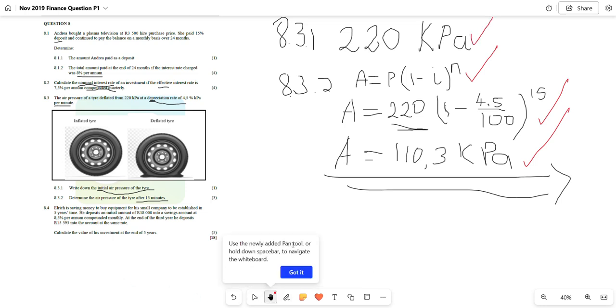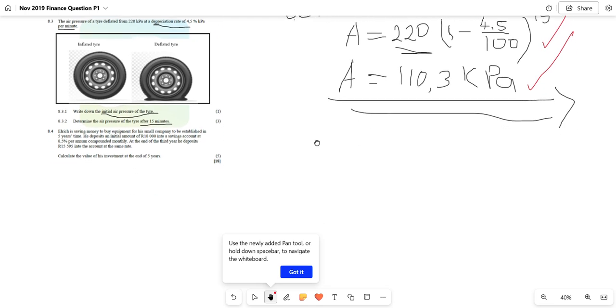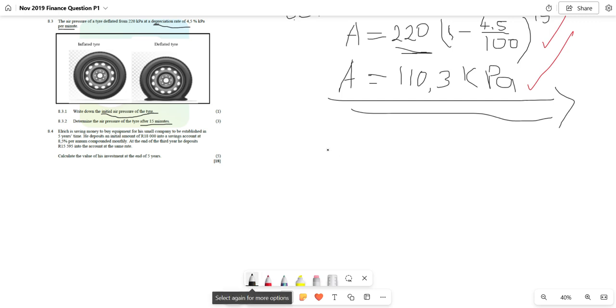Then we continue with our question. We are almost there. Then we have 8.4. In 8.4, it says